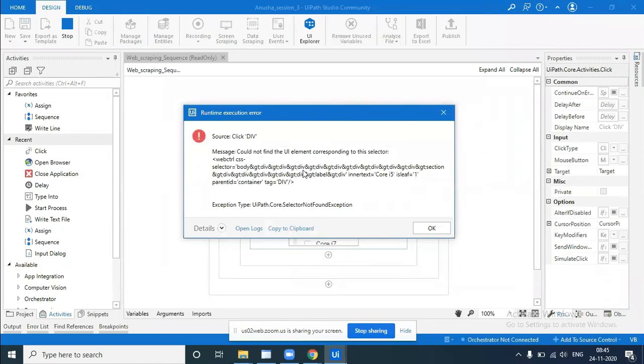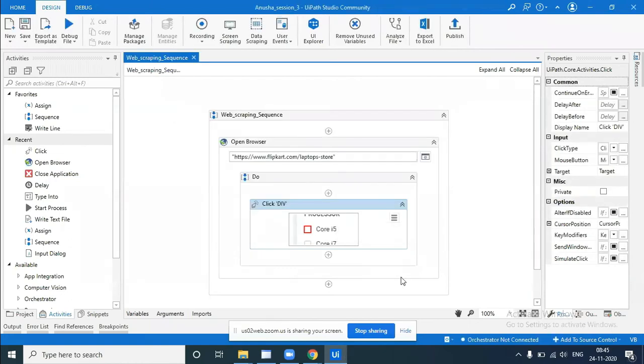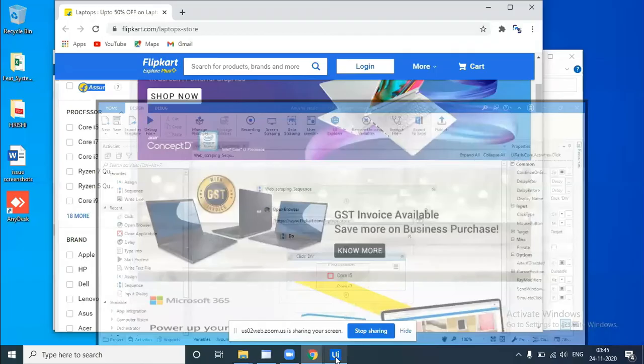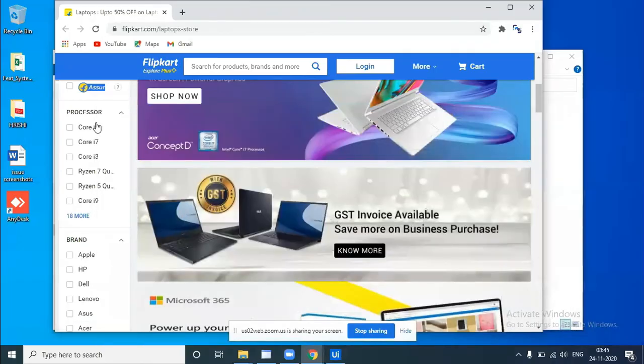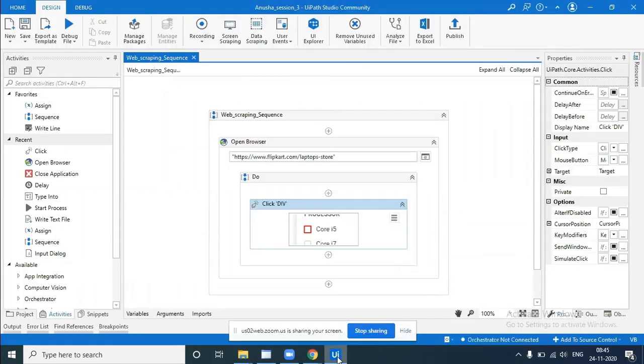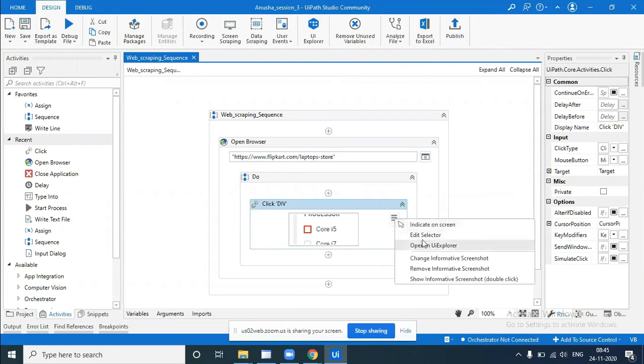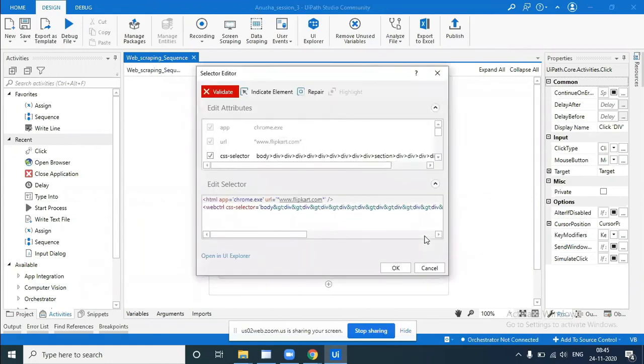See, it says it couldn't find the element. So now let us try to make it work. No, see, it is not validating.